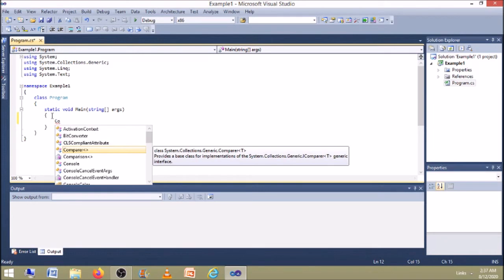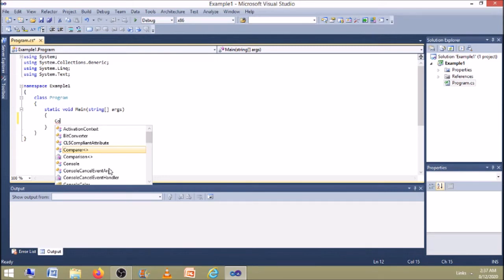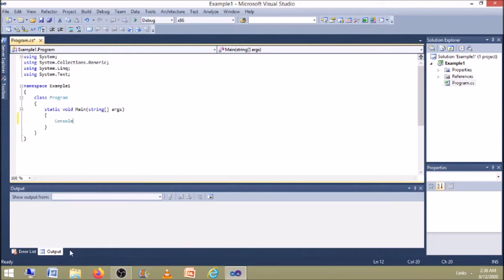I just typed C on the keyboard, then automatically I get the window like this. While you type, you will get the window with the related words, related keywords. Now we need the keyword, that is Console. So I choose Console and press the enter key, then automatically the word will come to the text editor window.